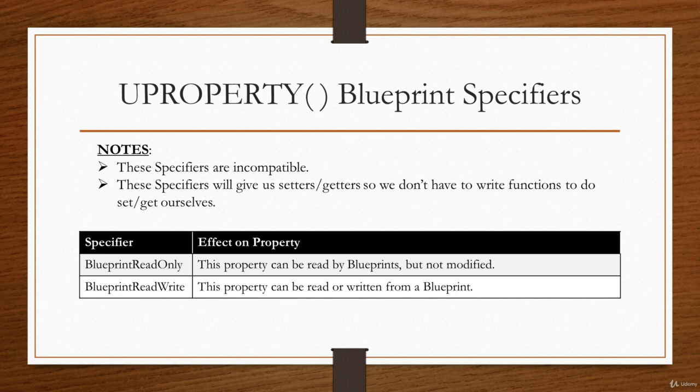But here these specifiers help us out. Now there are a few more of these that I'll cover in future videos, but for now we'll just talk about these two. So again, we have blueprint read only. The property can be read by blueprints but not modified. Then of course you have read-write, where the property can be read or written from a blueprint. In other words, you can read the value through a getter, and you can also set the value in your